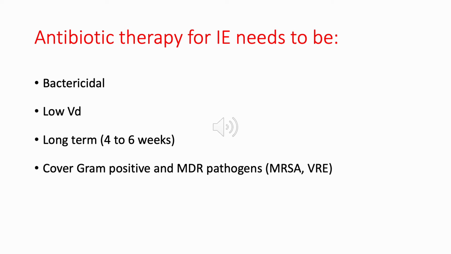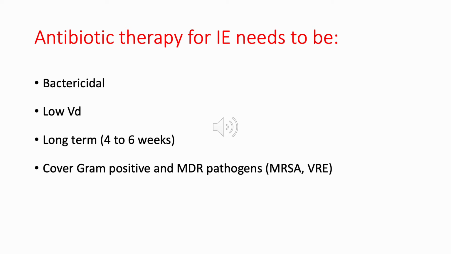So a bactericidal antibiotic option would be the most optimal. Also, with infective endocarditis, it is usually long-term treatment, ranging from 4 to 6 weeks, really depending on the type of valve the patient has and the patient case, but it's usually 4 to 6 weeks, so it is a long-term treatment. Also, the majority of infective endocarditis happens from gram-positive pathogens, so strep, staph, and enterococcus are the major pathogens that can cause that